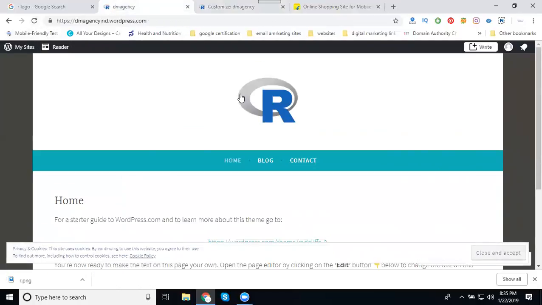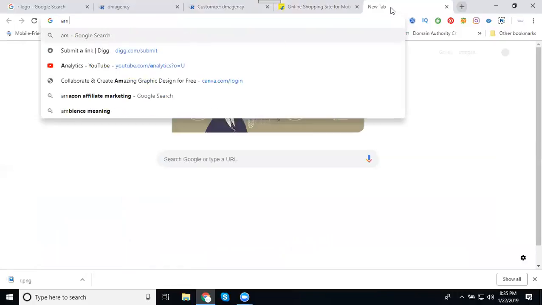Is it clear? This is called logo. This is my icon updation. If you're starting a premium website or free website, these are the first things to implement for your website. Any kind of website, if you go to Amazon, any kind of website,